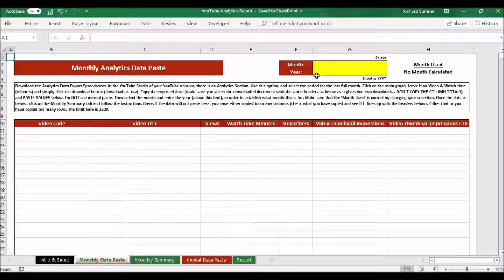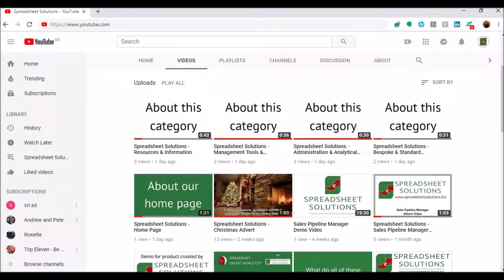Also, what you need to do is put in the month and year. This isn't the starting month like we did at the beginning, but the one pertaining to this data here. So what month and what year is this data referring to? If you go to YouTube, click on your logo at the top here to go